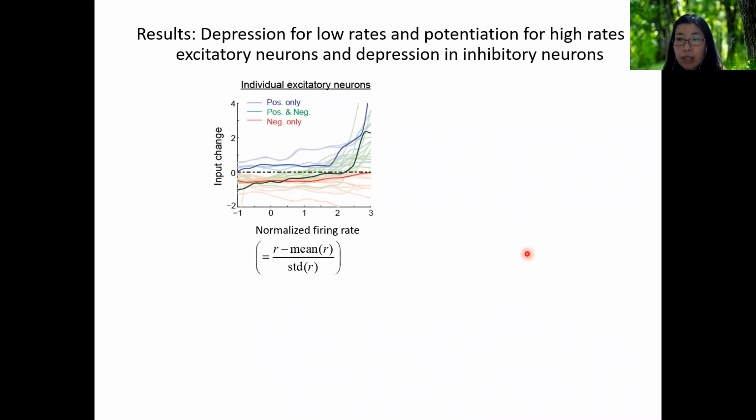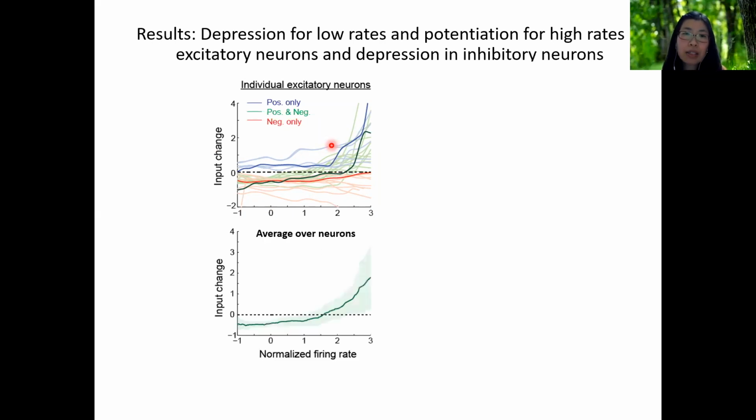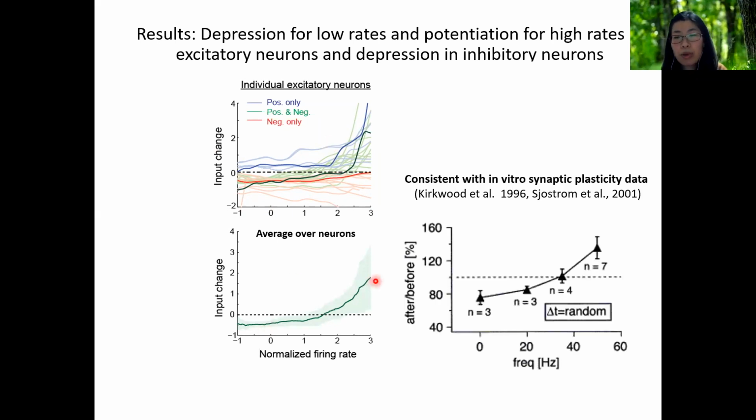This method was applied to the individual neuron because we could obtain the distribution for the different neurons. When you apply this, the input change, which is analogous to the postsynaptic dependence, shows diverse patterns: potentiation only, or potentiation and depression, or depression. But except for a few neurons here, in red, more or less they show an increasing tendency. This diverse pattern may arise not due to a different postsynaptic dependence, but due to a different bias. When you average over, it shows depression and potentiation similar to the synaptic plasticity observed in vitro.